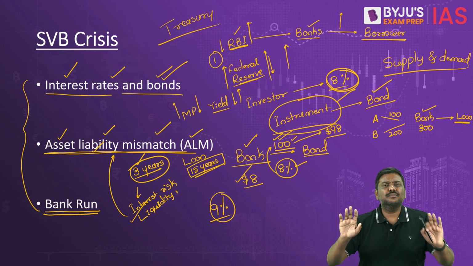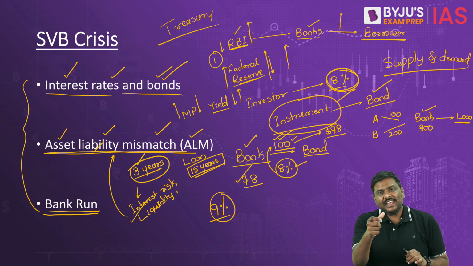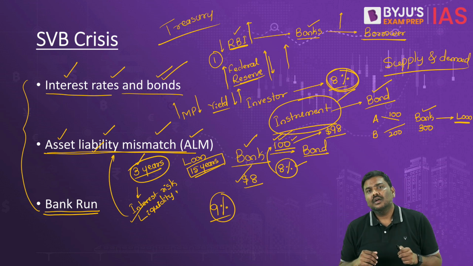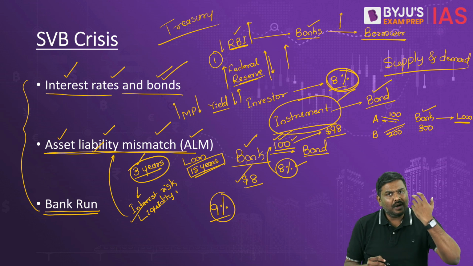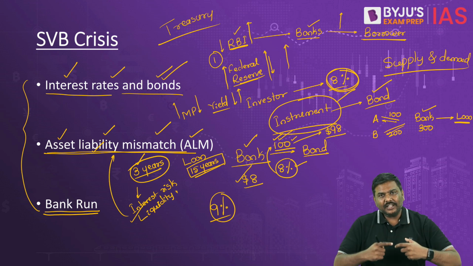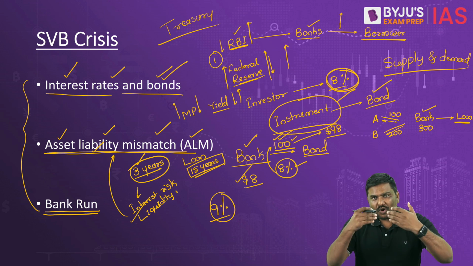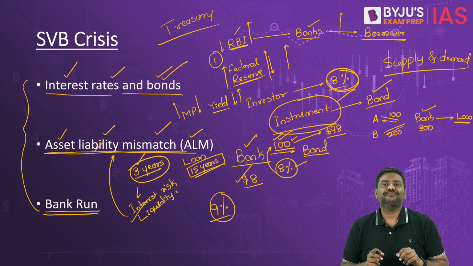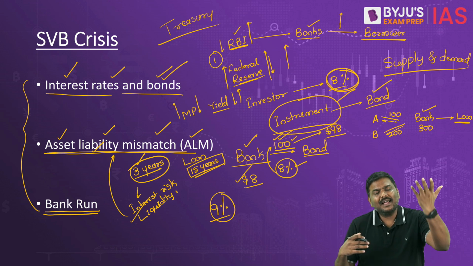Etc., etc., etc. In simple terms, unfavorable news regarding a bank. Now, when you see that there is unfavorable news and it's very dangerous, very grave news, as a customer, what will you do? You will go to the bank and ask for withdrawal of 100, and we will also ask for withdrawal of 200. Now, when customers continuously worried about the financial stability of the bank go to the bank and start withdrawing the money, the bank will very soon run out of the cash to pay them. Simple. The bank will exhaust all the cash they have to pay the amount back.